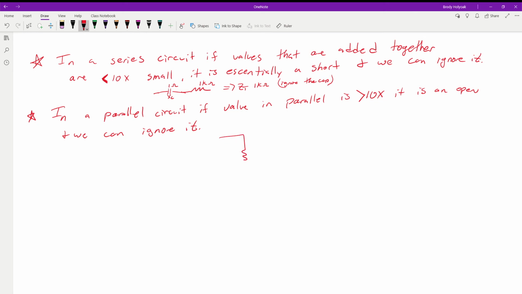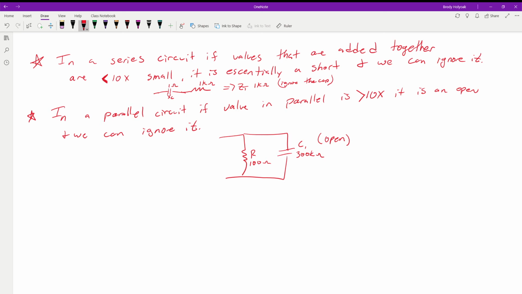So again, if we have 100 ohms of resistance and let's say our capacitor here is 300 kilo ohms at a very low frequency, this is essentially going to be an open compared to that 100. That 300 isn't going to affect this. This is going to be 99.99999999999, and if we round it off at 3 decimal places, we're back up to 100 ohms anyway. So, like I said, if it's larger than 10 times what we're in parallel with, we can effectively ignore it. This is going to be an open.